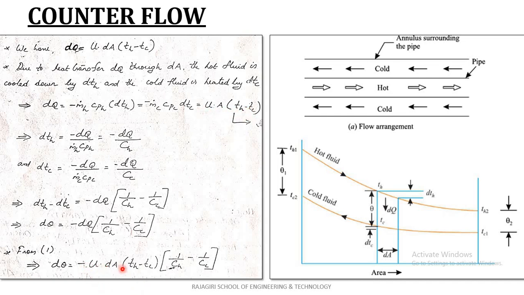So minus U dA (Th minus Tc) into (1 by Ch minus 1 by Cc). Now rearrange the equation and integrate. Okay, d theta by theta is equal to minus U dA (1 by Ch minus 1 by Cc),